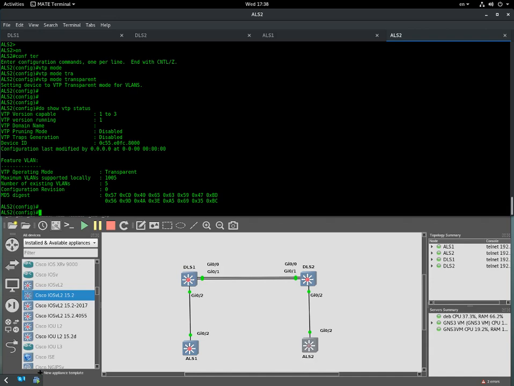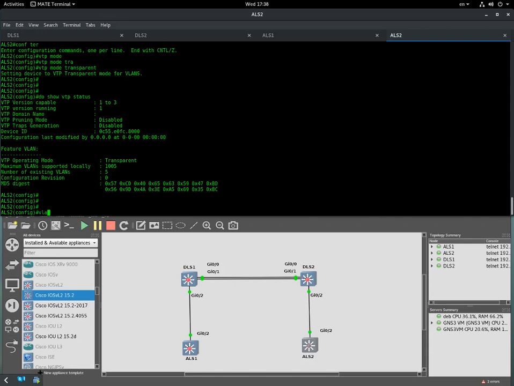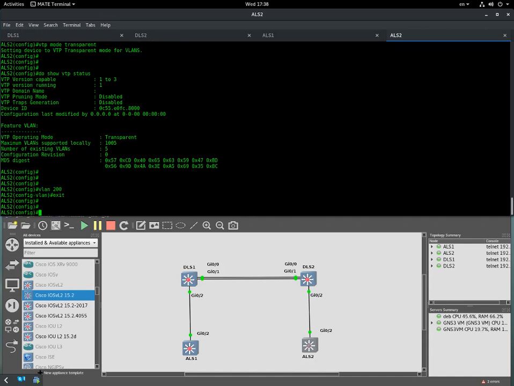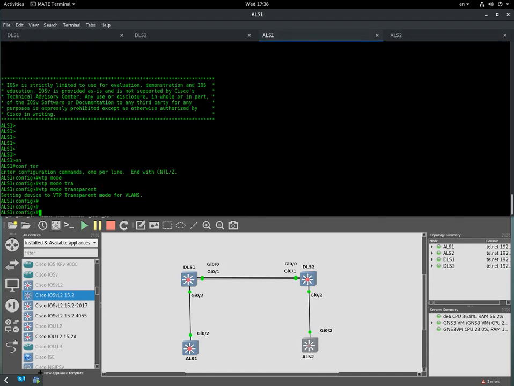So the second task is to configure trunk links between the distribution layer switches and the access layer switches. To configure the distribution layer switches with a VLAN, simply type vlan and then the VLAN number. The VLAN I want to configure on distribution layer switch number 2 is VLAN 200, and exit. You could give it a name, so name it whatever you like. I'm going to skip that. And I'm going to go to the distribution layer switch number